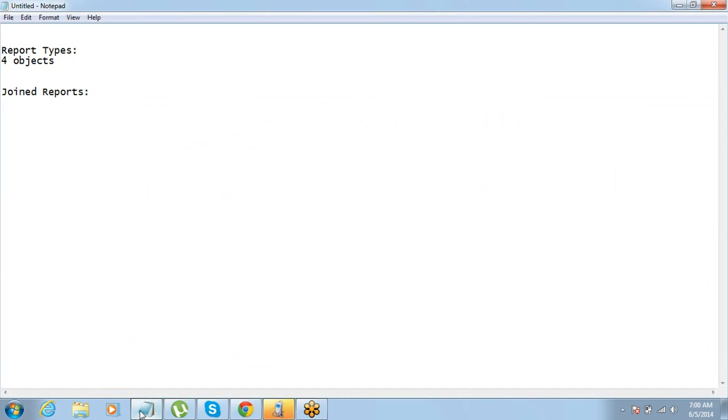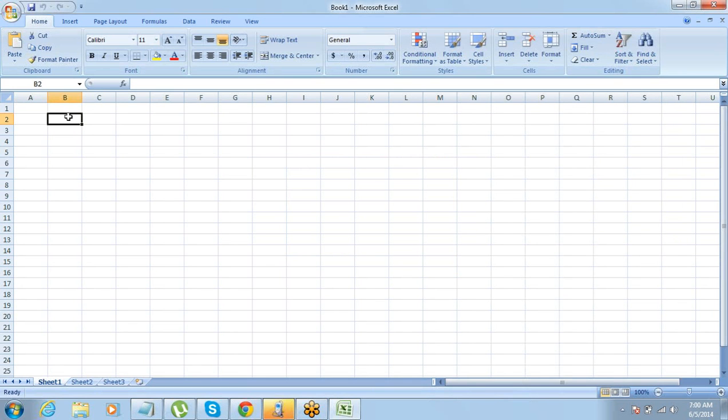See, in case you need multiple report types on the same report, let me show it to you on an Excel spreadsheet. Let's say you have account IBM, Accenture, and whatever list of accounts, right? Against each account, you want to have opportunity details of those. So what is the worth of opportunity that you have from there?